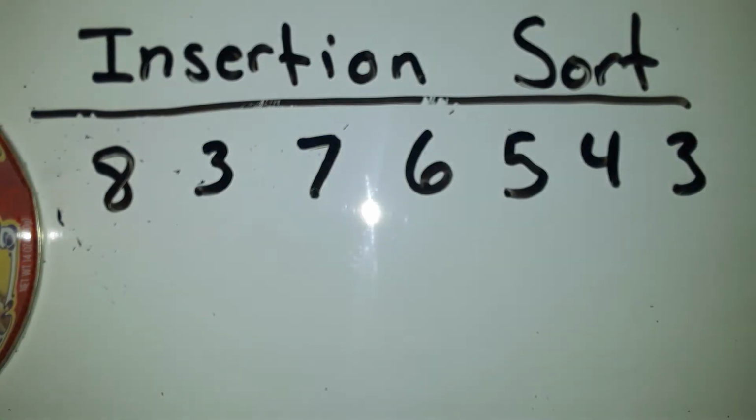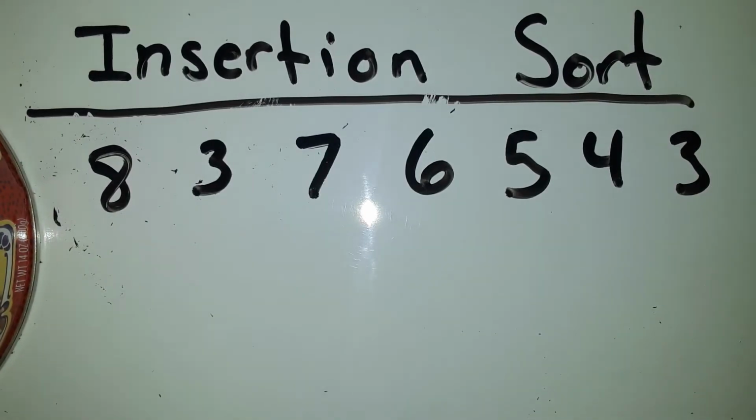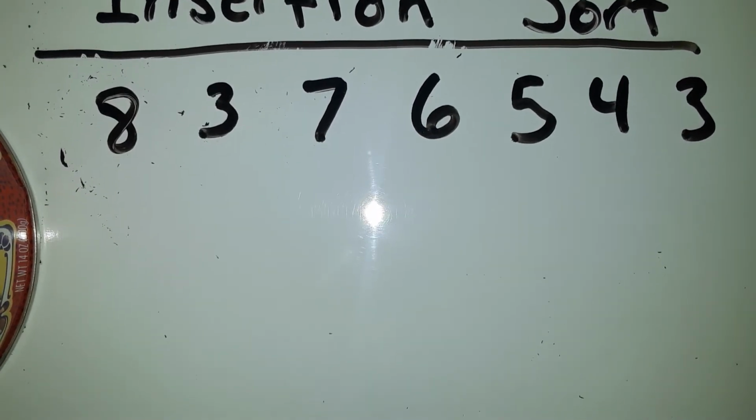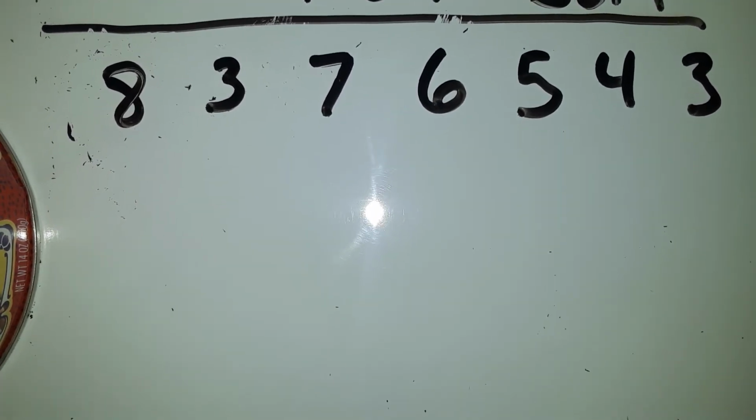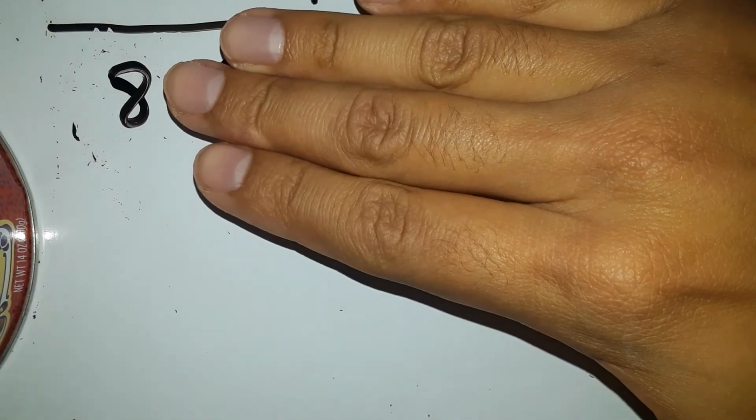Okay guys, and just like any of the other sorting algorithms we have done so far, such as the bubble sort and the selection sort, we're going to go ahead and do an insertion sort, this time showing what happens when duplicates are also included in the array. So let's go ahead and just move this down just a smidge. There you go. Okay, so again, what we're going to do is we're going to assume that in the context,